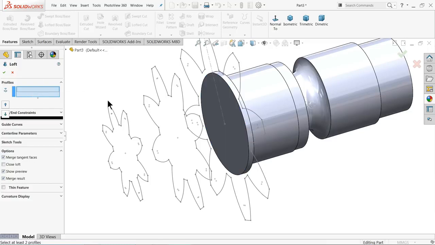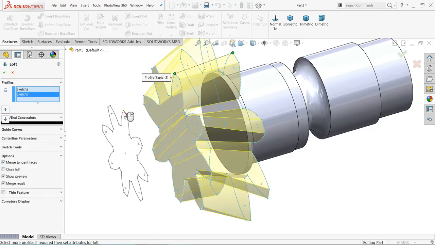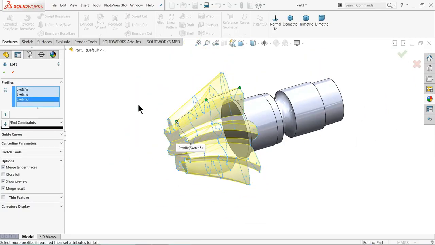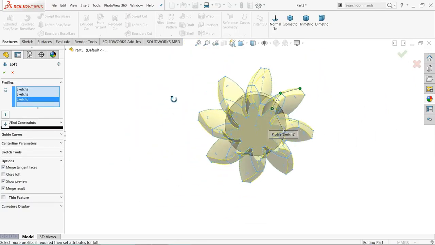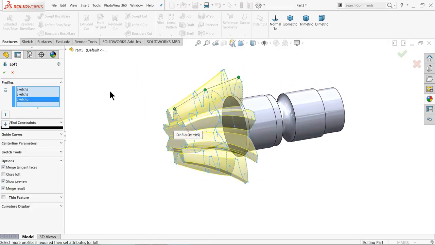Let me clear this, and I'll choose this point, and the third one, this point. Now see, it will automatically take the curve shape. No need to do anything else. Choose here. Okay,